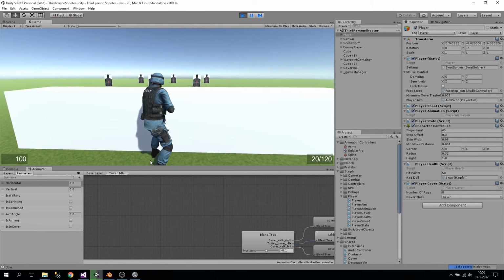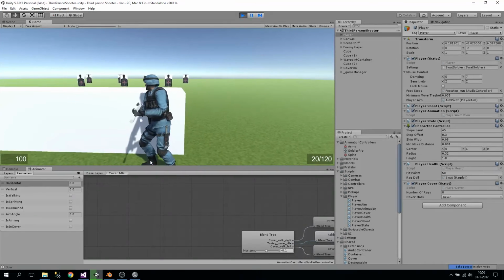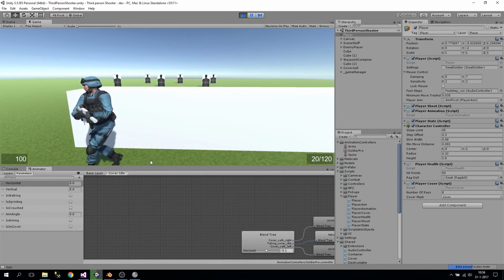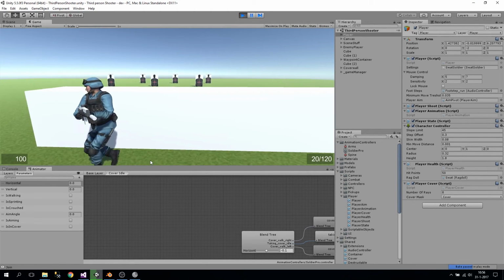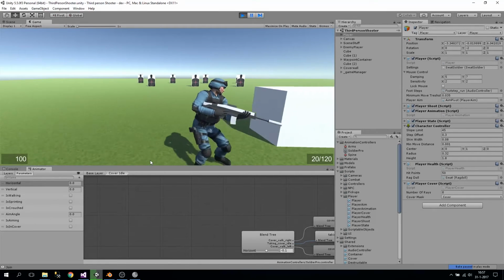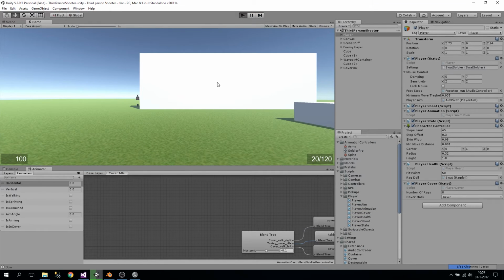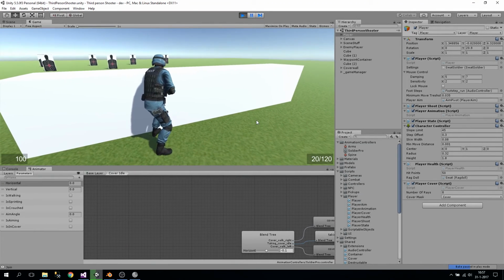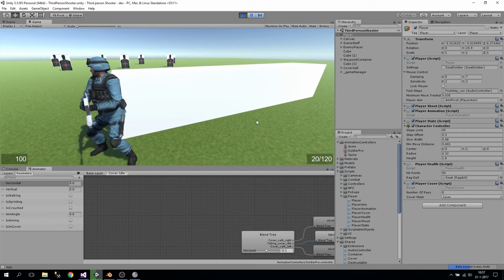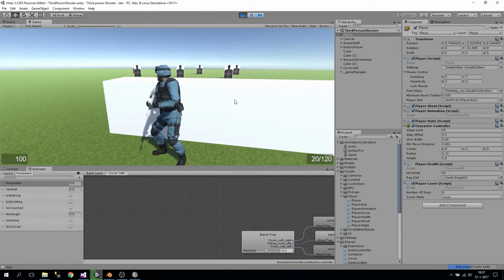Let's see, if I press F, it goes into cover. I can move here, I can move here. Okay. Looks like I'm not really attached to the wall. No, see? Oh, that's because my camera isn't